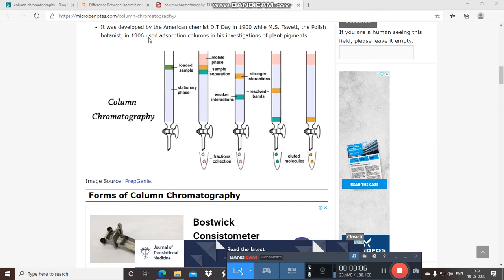After the packing, elution starts. You select the mobile phase, isocratic elution or graded elution, and start collecting the fractions. And after the collection of fractions, what is the most important step? Yes, you have to go for TLC. For each and every fraction you need to perform the TLC procedure. Only then will you know which type of compound has been isolated or purified. So for each fraction you have to perform TLC studies.